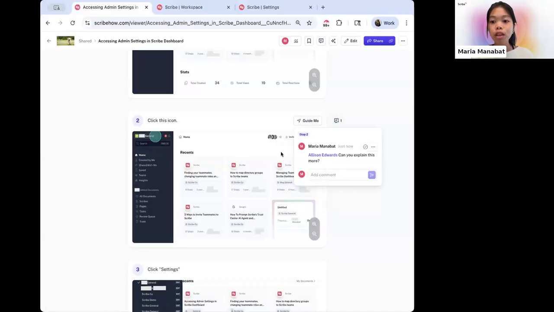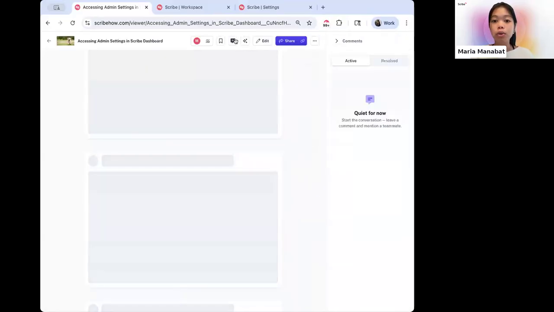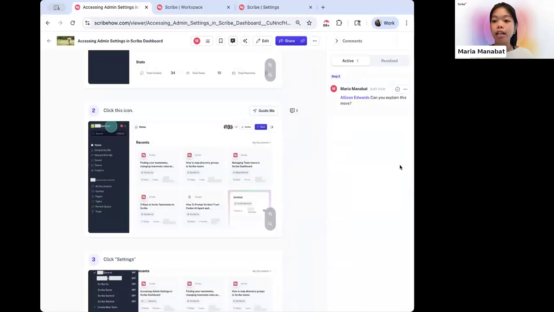If you want to look at all of those different comments that your specific scribe has, you can also click that comments button right here and see it from a bird's eye view. What I like to showcase is your ability to actually resolve specific comments, and then it'll go over to the resolve section. This is great, again, just to keep up with the different comments and questions that individuals might have.